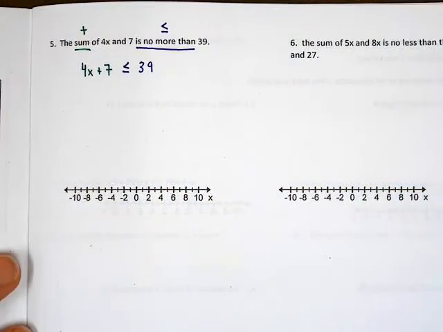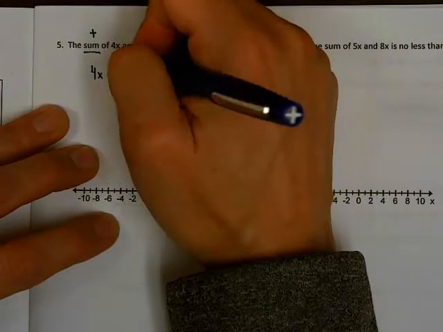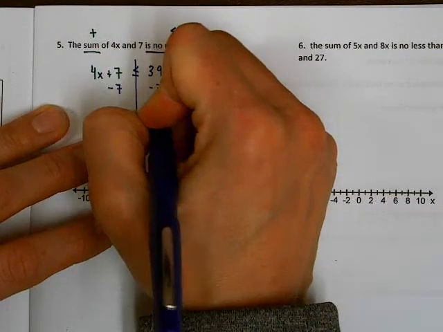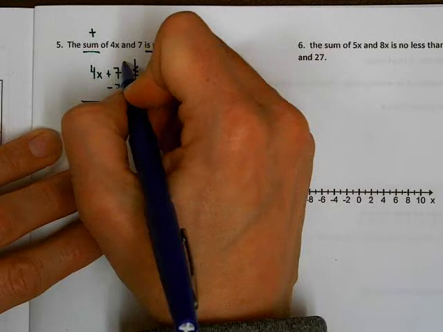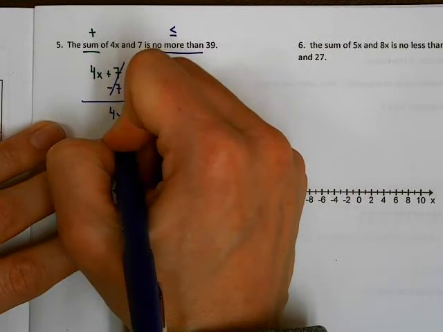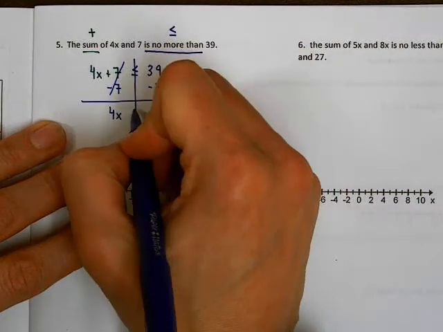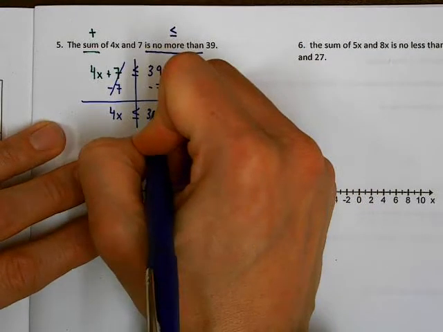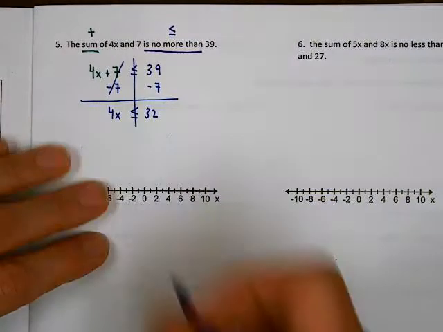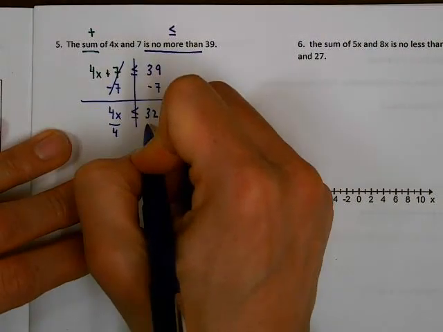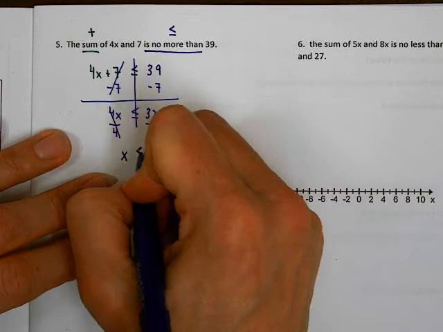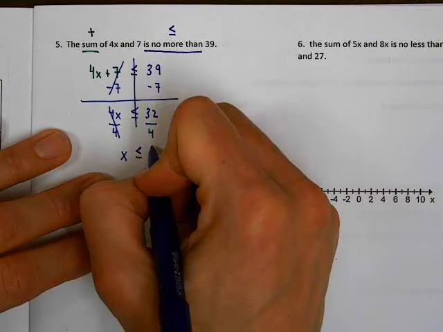Okay, we'll do our usual steps to solve. I'm going to subtract 7 from both sides first. So this cancels and I'm left with 4x. My symbol stays the same because I just subtracted there. 39 minus 7 is 32. Now to get the x by itself, I'm going to divide by 4. Since I divided by a positive, my symbol does not change, and I have x is less than or equal